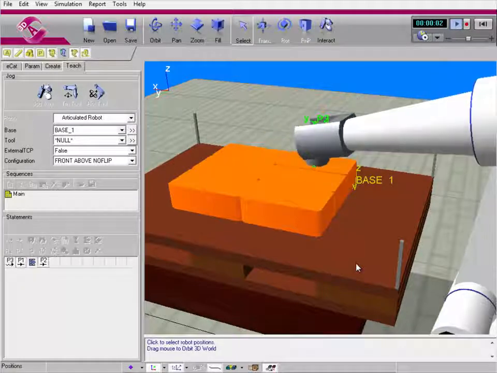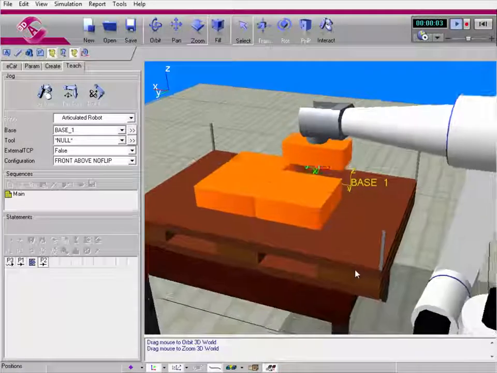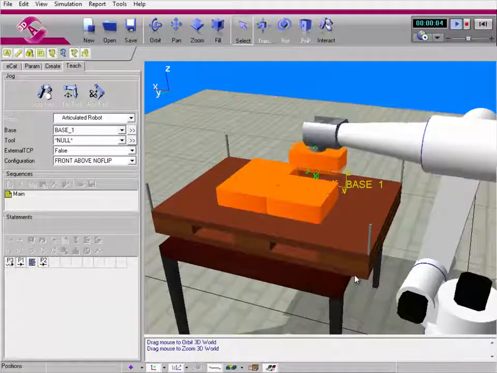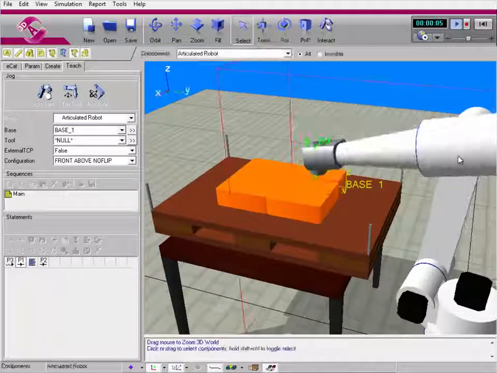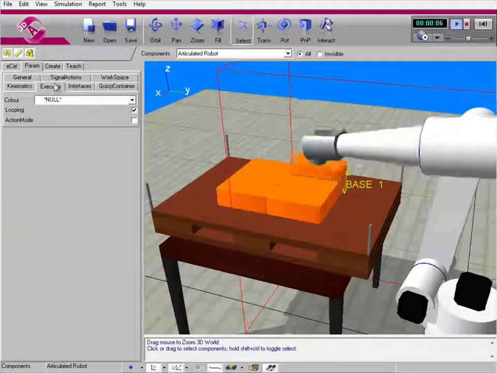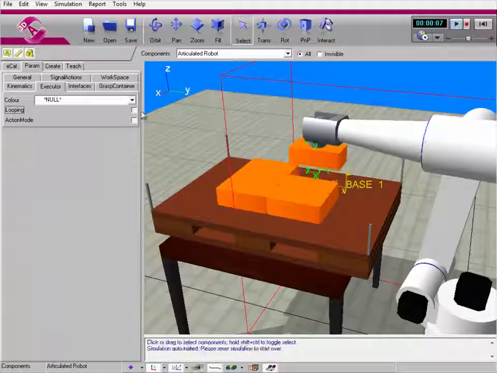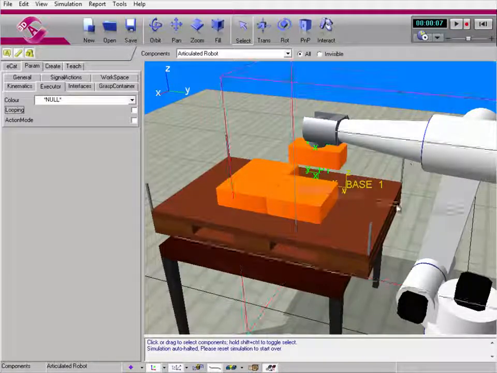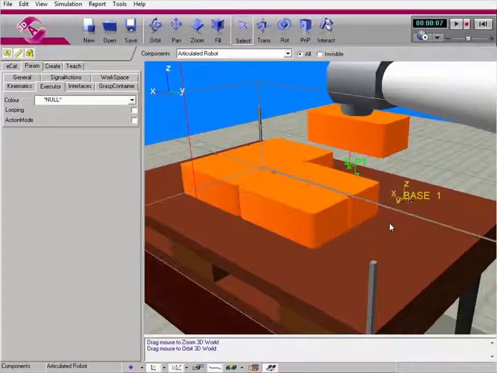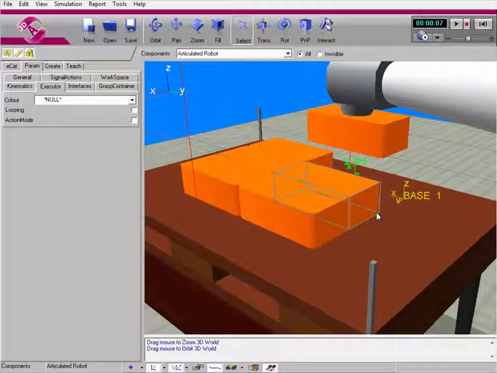Alright, the robot picks up. Aha! So it's headbanging. I actually have the robot's program executor on looping mode, so I'll select the robot, go to the param tab, and I'll turn that off. Alright. So now, what if I actually want to translate base 1 to this location here to pick up another